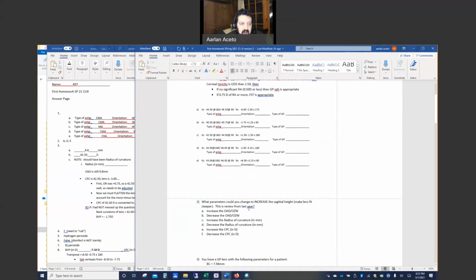What parameters could you change to increase the sagittal height? Well, if you kept the base curve radius or the curvature of the lens the same, when you increase the overall diameter or the optic zone width, you'll have an increased sagittal height, steeper curve. If we decrease the radius of curvature, remember there's an inverse relationship. As the CPC goes up, as this measurement in diopters goes up, the measurement in millimeters, the radius gets shorter. Remember, a shorter radius is a steeper curve. So it would be A, it would be D,